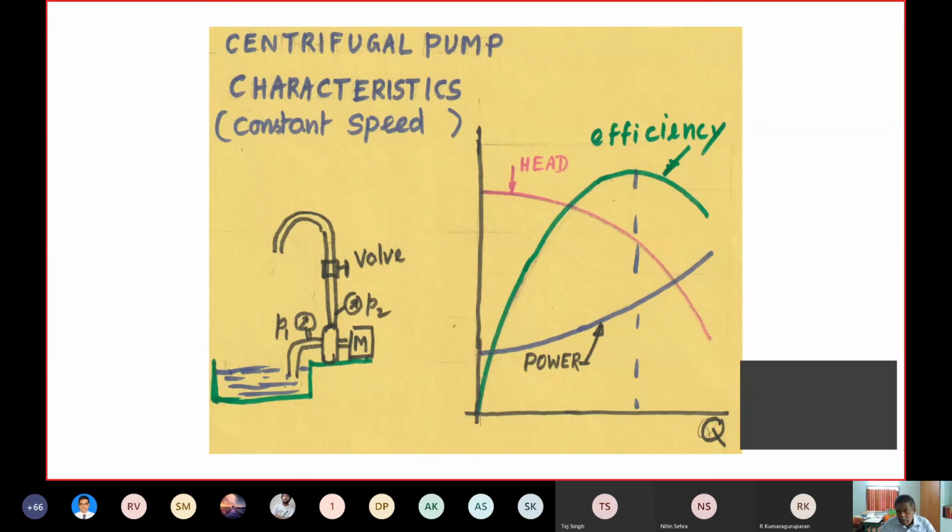Okay. Now, already we have seen the head characteristics. You have maximum head when the discharge is 0, and it has a particular name. It's called the shut-off head. Then when you open the valve, flow will take place. Correspondingly, the discharge will start increasing. You will find that the head will be decreasing. And for each situation, one can measure the power supplied to the motor and maybe multiply by some efficiency. You can find out what is the actual power given to the